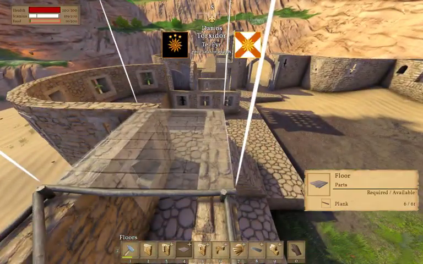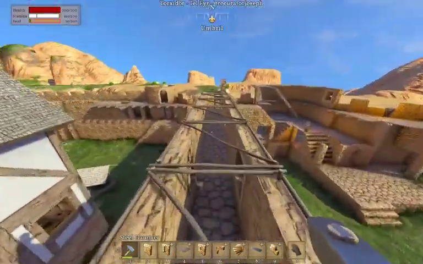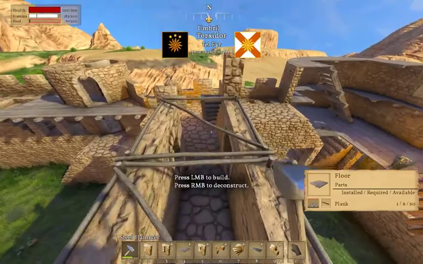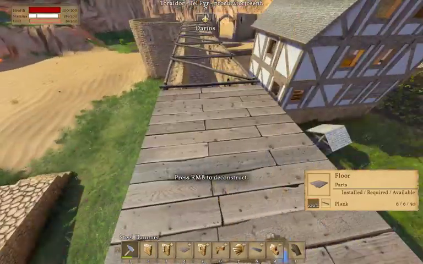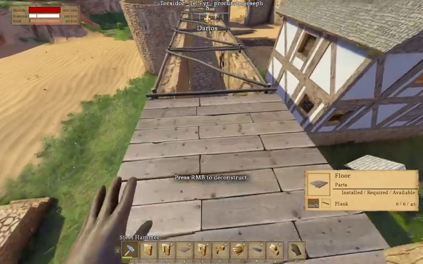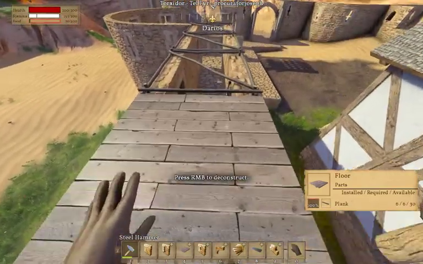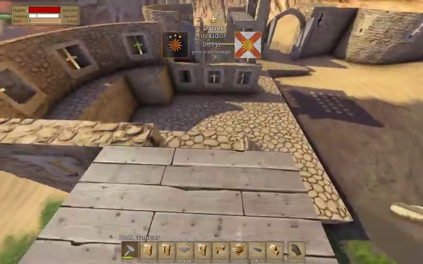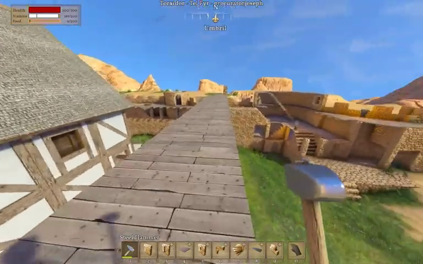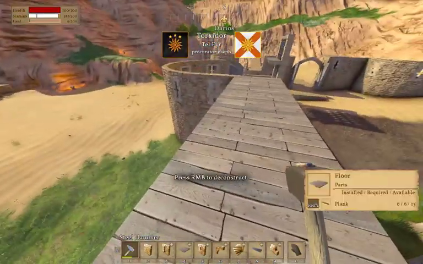I love it when I can do things that they did in the real Middle Ages, such as use wooden parts on top of stone parts. I love that. Because that's how it was. Like, they wouldn't have wasted stone on a floor up here on the top of this wall. They would have just gone with wood. Probably. Although we are in the desert, and wood is not plentiful, but...